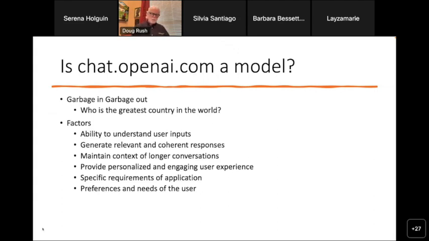I love being able to go to this model on chat. If you've not done it before, get on it, take a look at it. You can ask it a question, and man, it'll spit all kinds of information out at you. But you've got to understand what its limitations are, at least for right now. And I'm sure they're getting better as time goes on. But if you put garbage into a model, you're going to get garbage out. And so that's what I want to show you here.